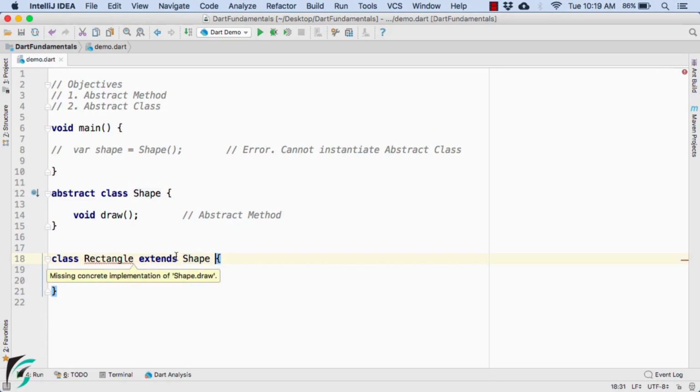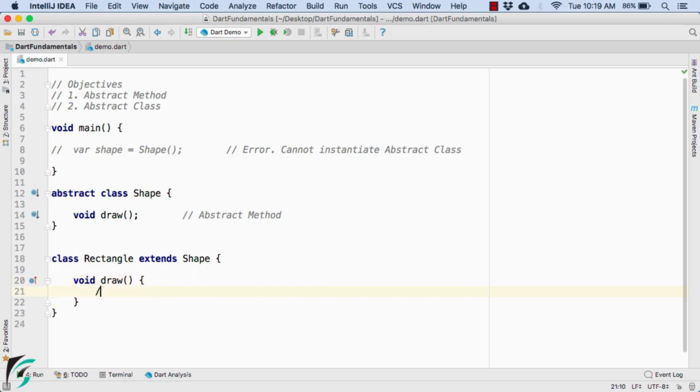Now, whenever you extend an abstract class, it is mandatory that you override this method within the class of rectangle. So again, let us override this method such as void draw, use the same method name and signature, and then we write the implementation of this draw method.